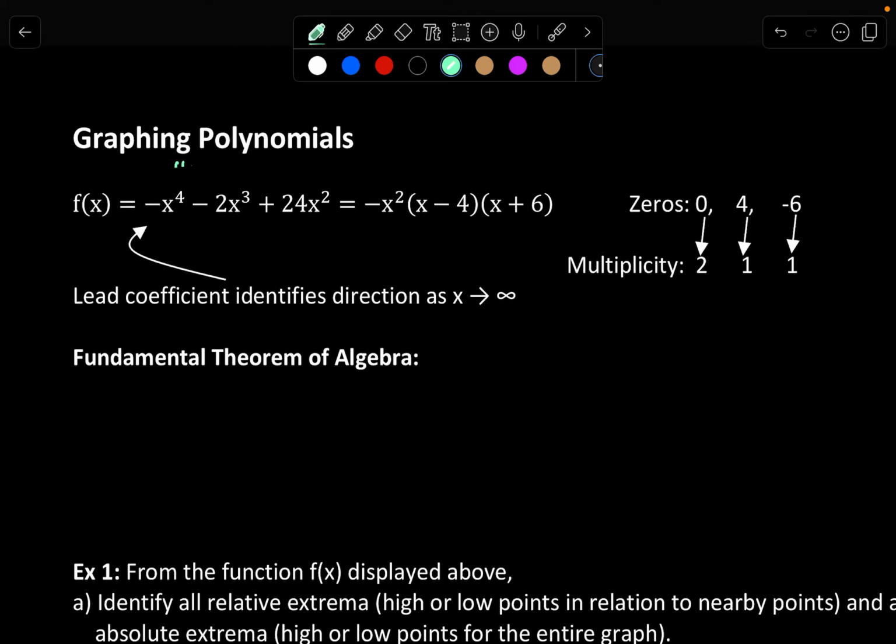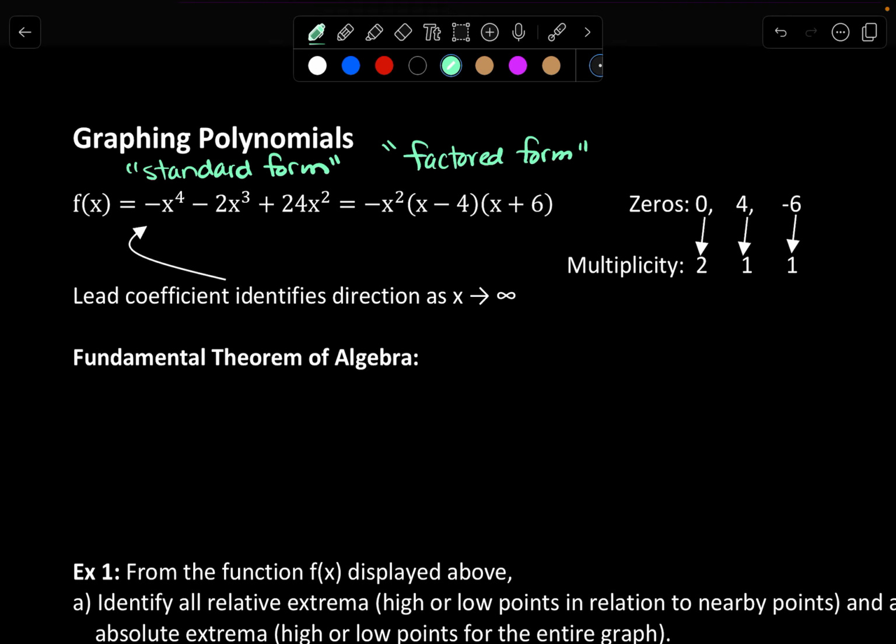This is Unit 3, and the first topic is graphing polynomials. So the first thing we're going to talk about is seeing a polynomial in standard form, which is the terms are in order based on the exponents, and then the constant will be last. So the highest exponent will be first, and then the lowest exponent will be last, and then the constant will be after that, versus factored form. And in factored form, we can easily see where the x-intercepts are, or the solutions or the zeros or roots for